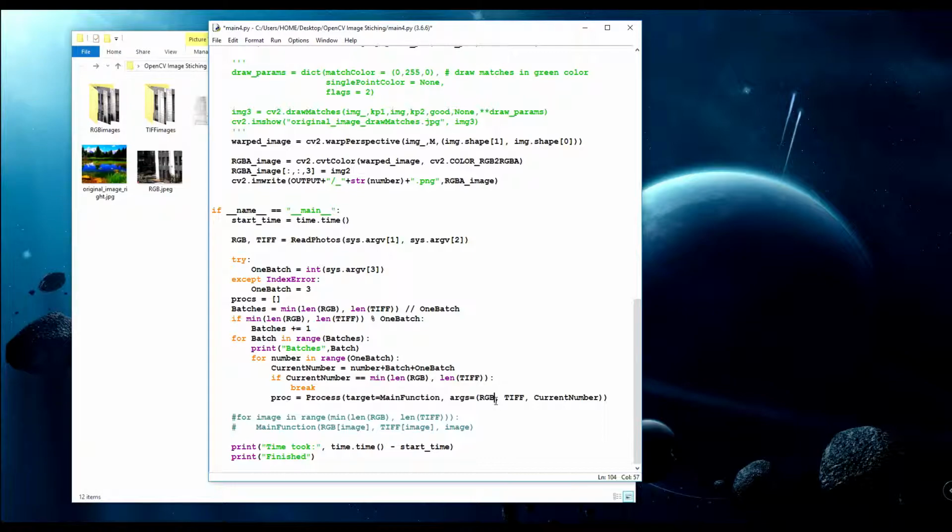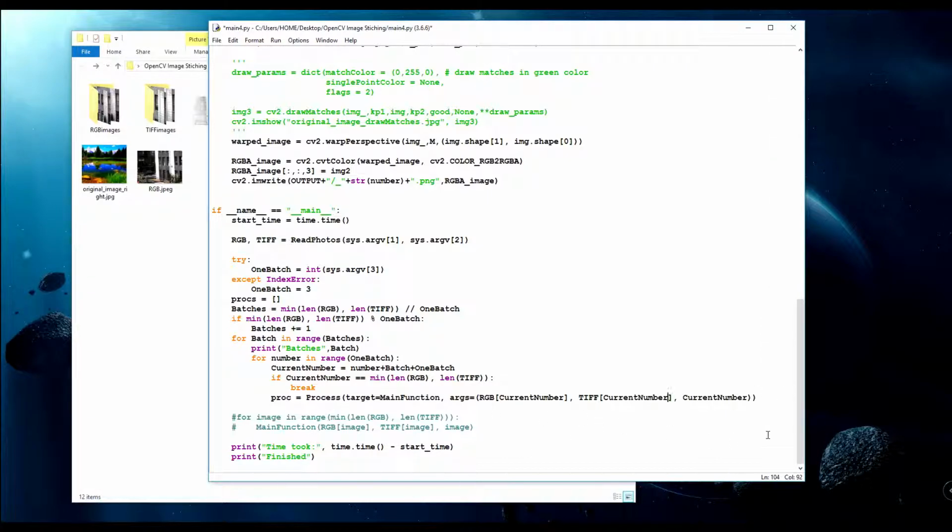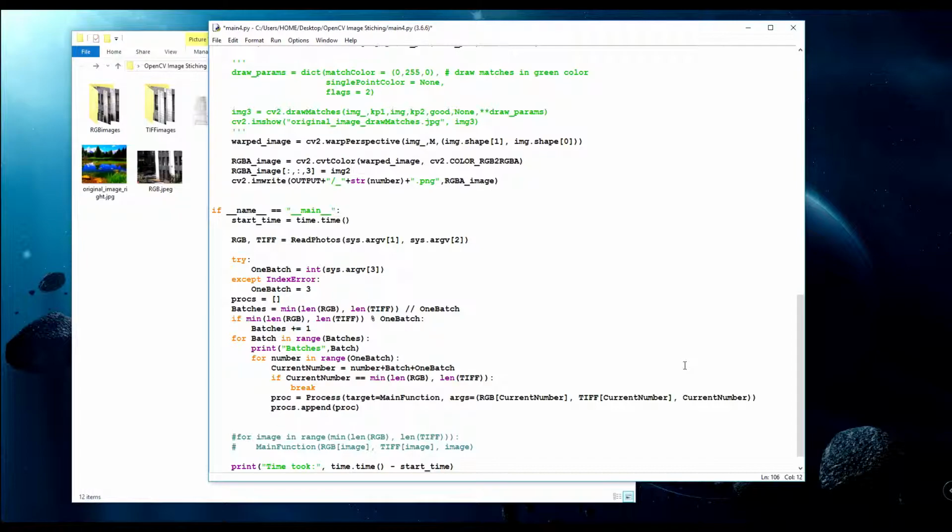Okay, and here we need to specify clearly what number from the array we would like to choose. So that's like that, and then we just process append procs, just like that. Then we'll begin our process start, and